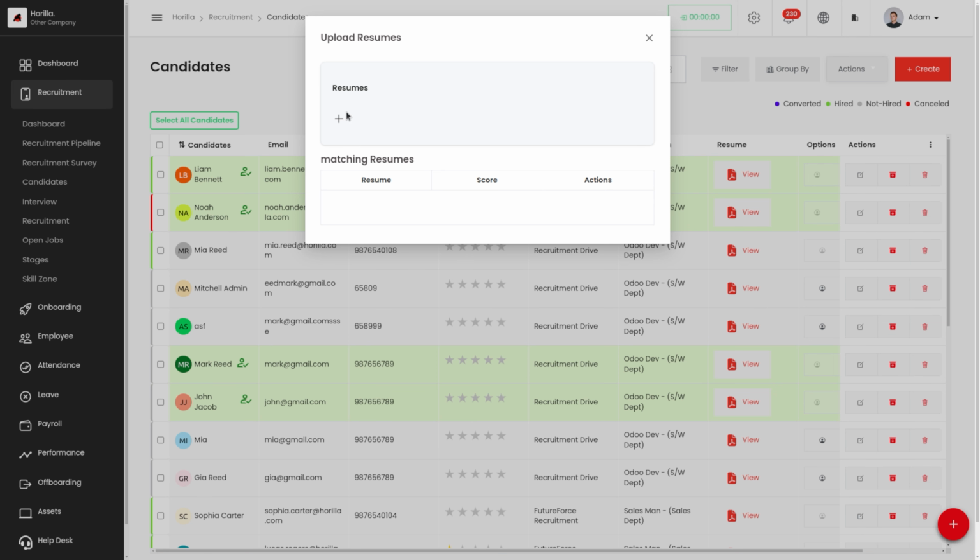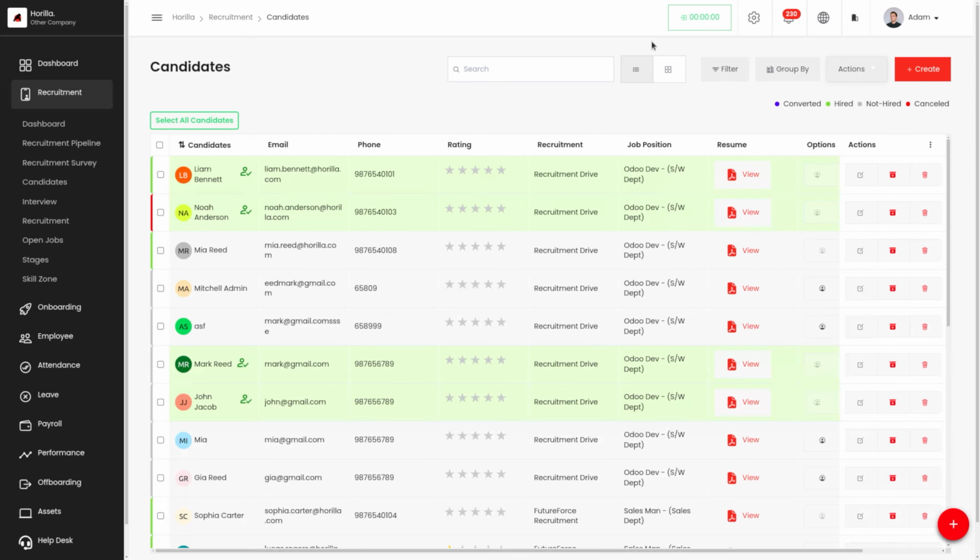So we can upload multiple resumes, and Horilla matches those resumes' skills and the skills that we have provided in that recruitment, and they'll provide the matching resumes along with their score. That is, if a resume contains all the skills that we have provided for that recruitment, the score will be high. So like that, we'll be able to shortlist the resumes based on the criteria that we have provided.